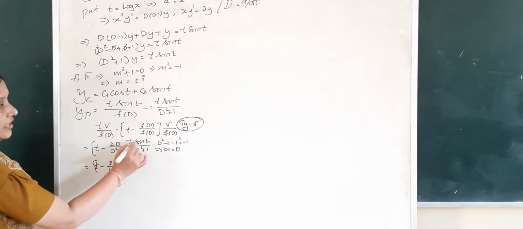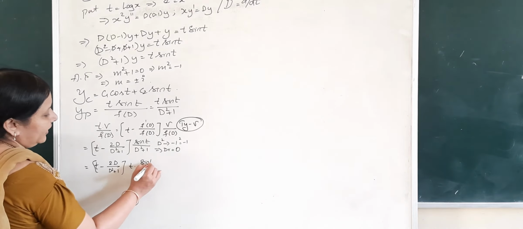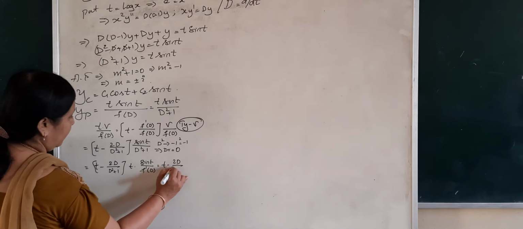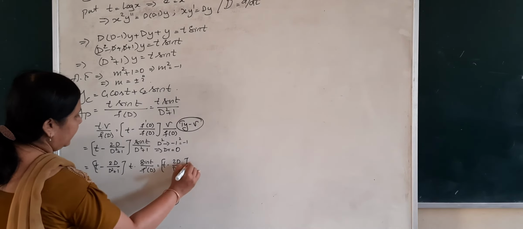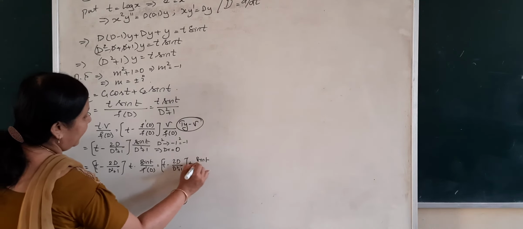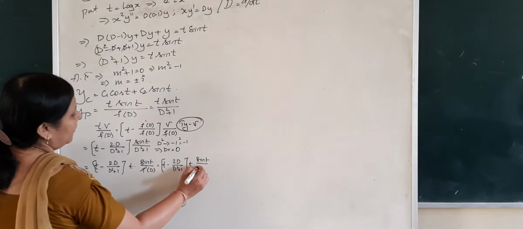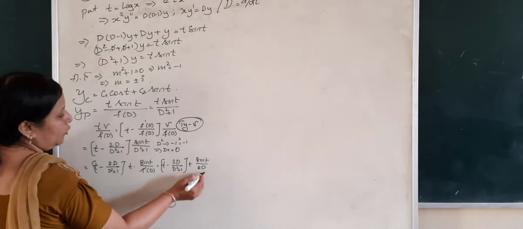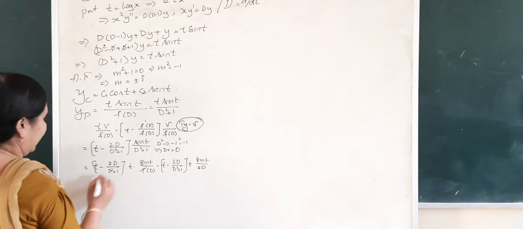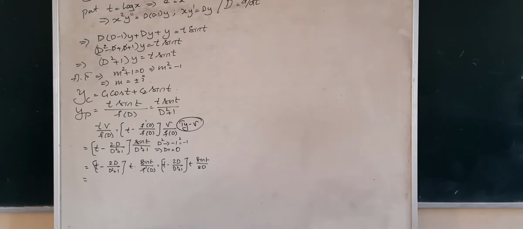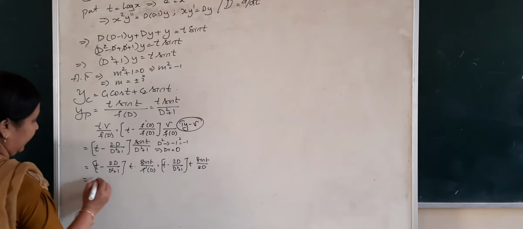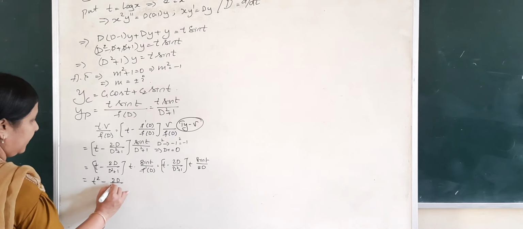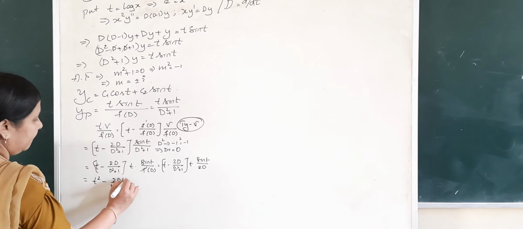Okay. Now this will be t into sin t divided by f dash of d, which is going to be t minus 2d by d square plus 1 as it is. T into sin t divided by f dash of d, the derivative here is going to become 2d, that's it, 2d. And we don't have to again apply type 2 because 1 by t is the integral. So you can just simplify by multiplying and directly integrating. So this is going to be t square minus 2d by d square plus 1 times of t.